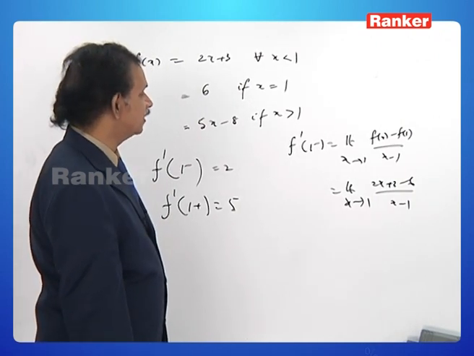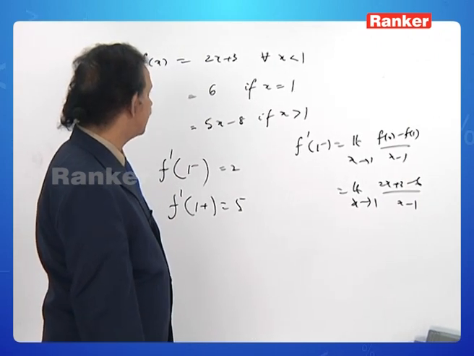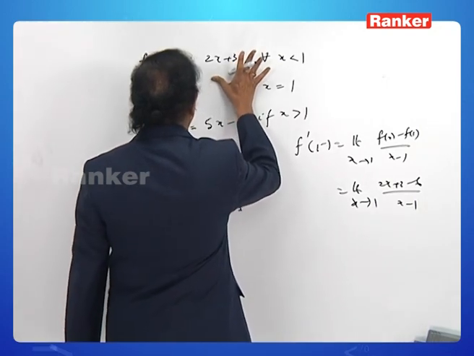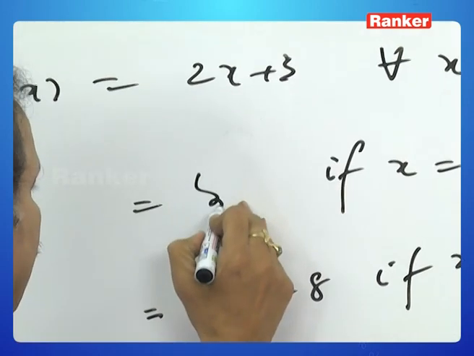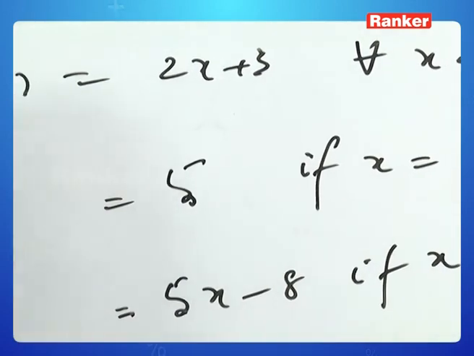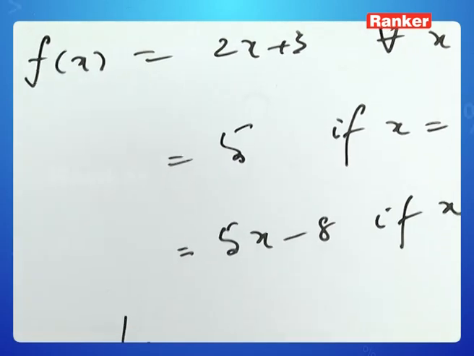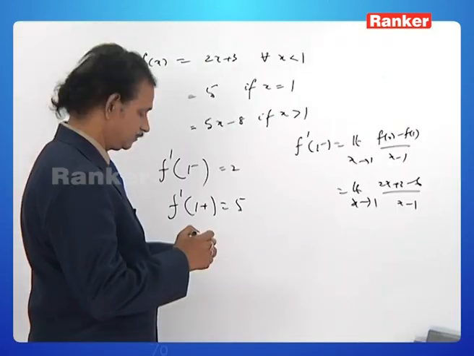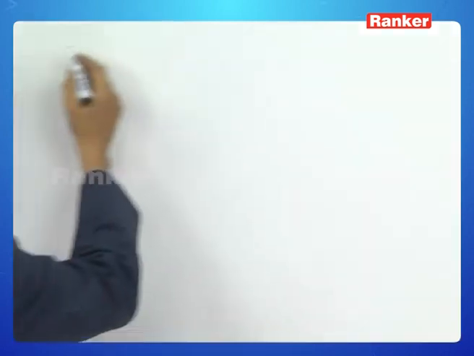It gives 2x minus 3 by x minus 1, actually it does not exist. Let me call this phi. Then it does not exist, isn't it? Therefore,